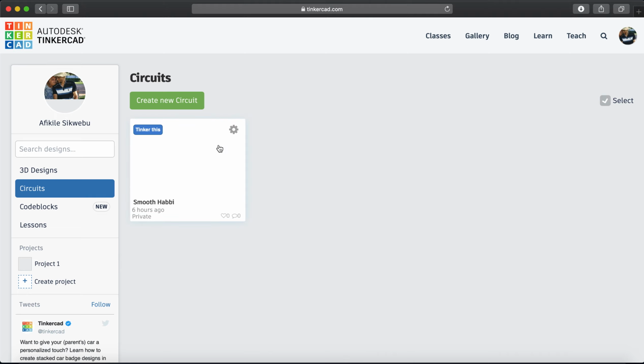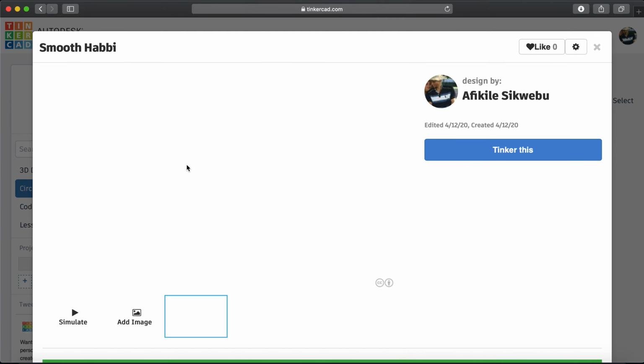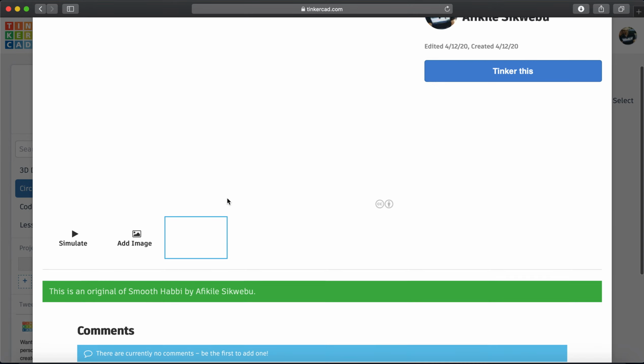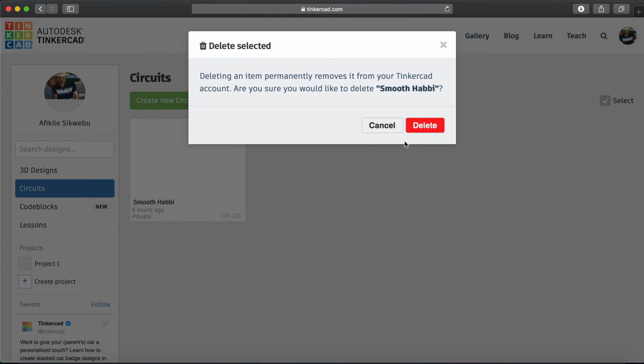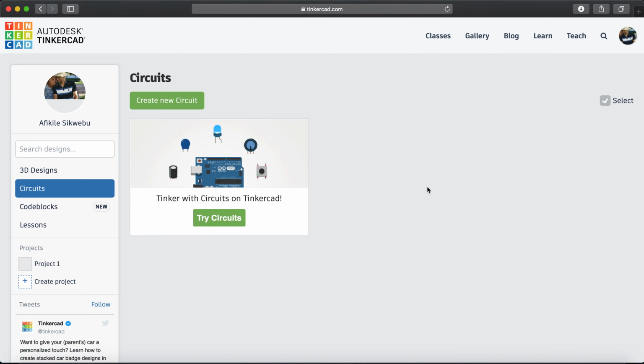And if I wanted to open a sketch that was here, let's say this was a sketch that was here. There is nothing here. I think this is a standard sketch, but we don't want to do this, so I'm going to delete this one as well because I don't need it. But all the sketches that you have created in the past will all be listed here. And so you can create a new circuit for the purpose of this video. And so while it loads,